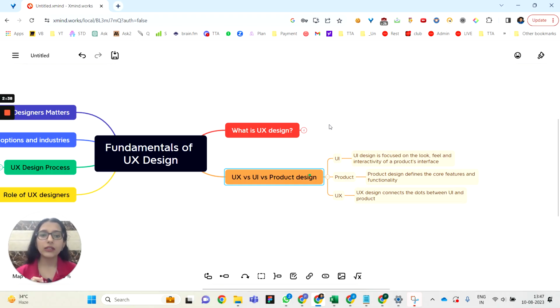While the product designer defines the core features and the functionality of the product. For example, in this application this should be like this, and this should come like this. So that's a product designer, the person who is working on a product. In a product based company, actually we have product designers on a high level, and then